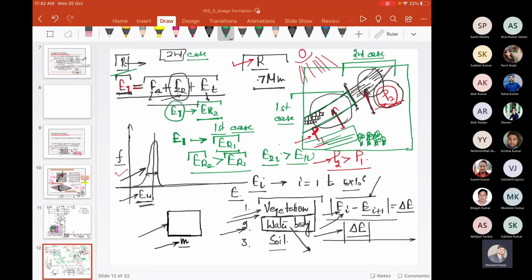Is it clear? So the energy sensed from the water GRC, but they are lying in two classes: one class for the clear water, second class for the turbid water. Now, if you take the difference between these, like E2I minus E1I,